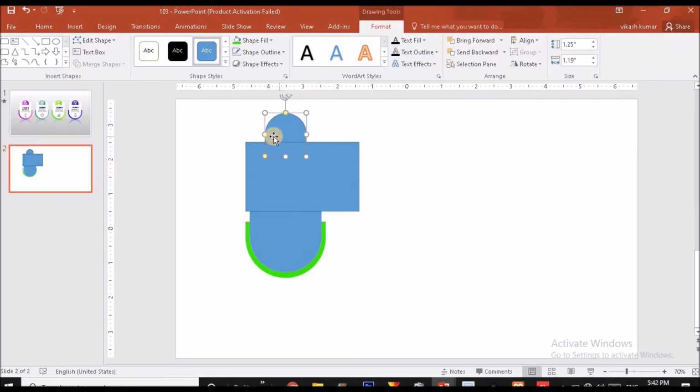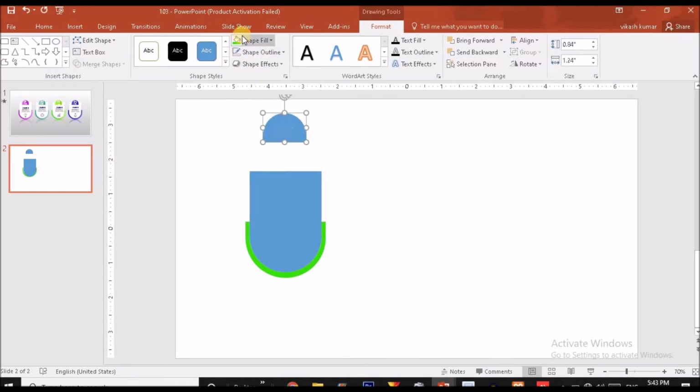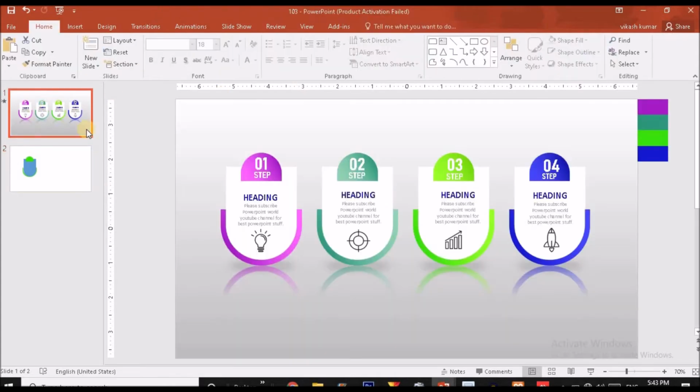So I'm going to delete the extra part from this side. Slightly I'm going to increase it and press Ctrl and choose the rectangle and say subtract, like this. Now make it no outline, click on the shape outline option and choose no outline option to do that. For now I'm going to change the shape fill to green one and put this shape over here like this. Okay, now it's fine. Now what I have to do, I have to use these color samples over here, so